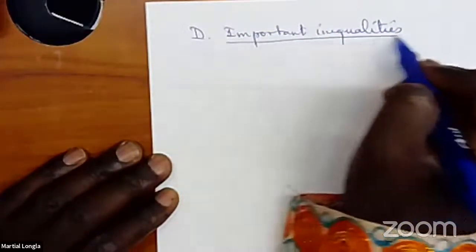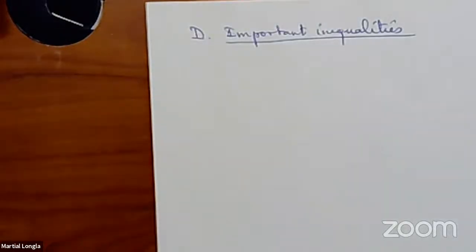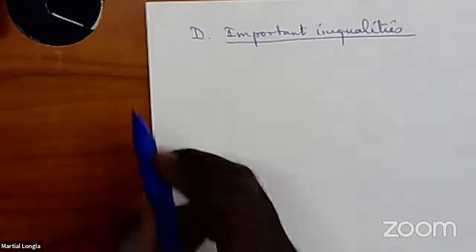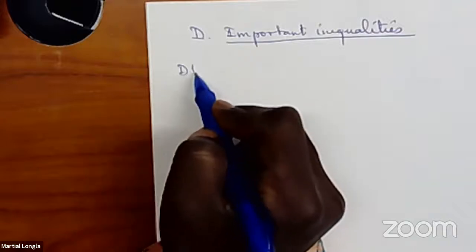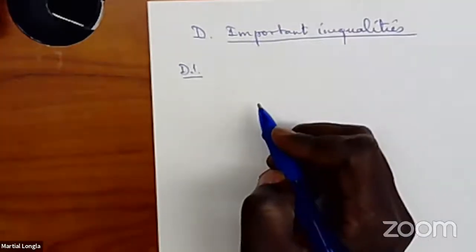Now we have important inequalities, some of the inequalities that we need when working with random variables. When we're done with this, we could check for some more random variables and find the expected values and use that MGF to find other expected values if possible before time ends. So